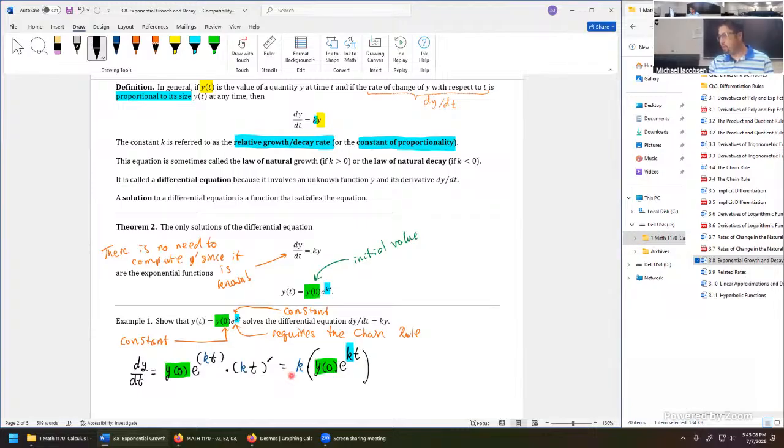If we organize this with parentheses, everything that goes inside that parenthesis is the original y at t function. So when we went to differentiate that, the original function just showed up and it's just being multiplied by k. So this becomes altogether k times y at t. But that's what the differential equation is saying here. In a differential equation, we'd often just say y rather than y at t. But we're saying the same thing down here, differentiate dy dt, and we get k times y, or k times y at t if you prefer.